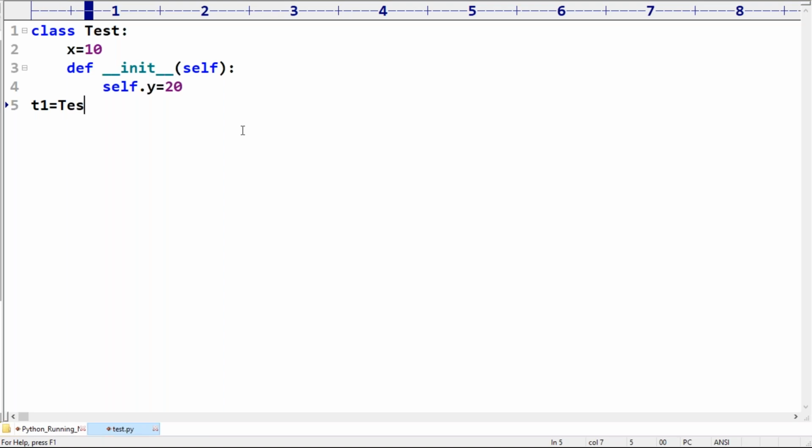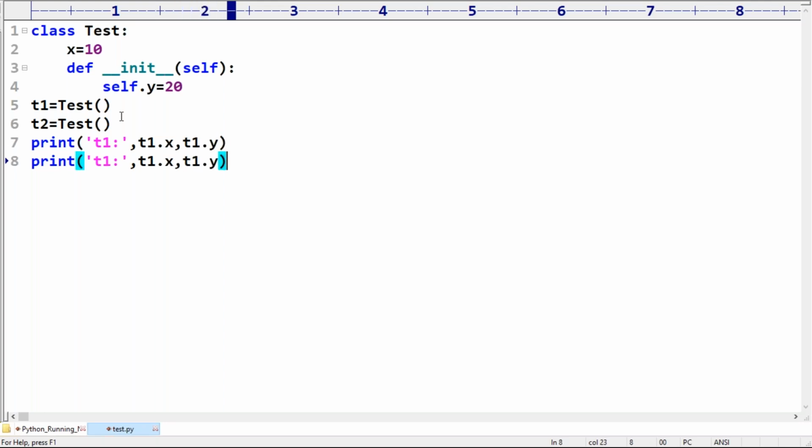t1 is equal to Test(), t2 is equal to Test(). Sir, print t1 data: t1 dot x, t1 dot y. Next, t2 dot x, t2 dot y.